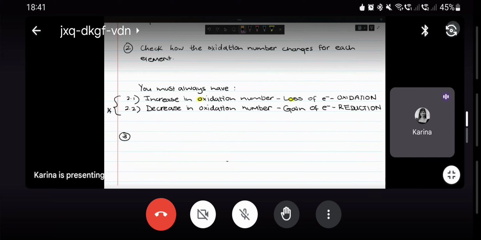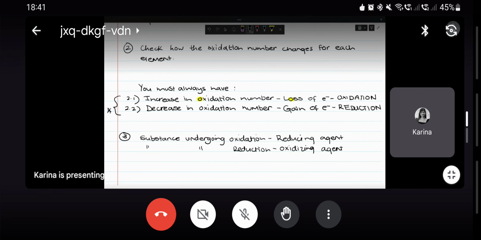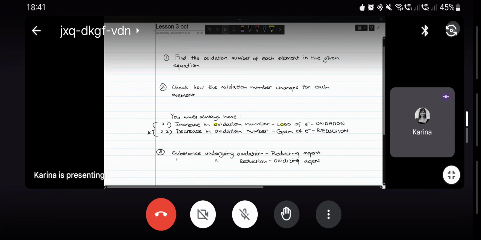Okay, so let's write that down in a note. So we can say that the substance undergoing oxidation, this we refer to as the reduction agent or reducing agent. And then likewise, the substance undergoing reduction, this is referred to as the oxidizing agent. Okay,